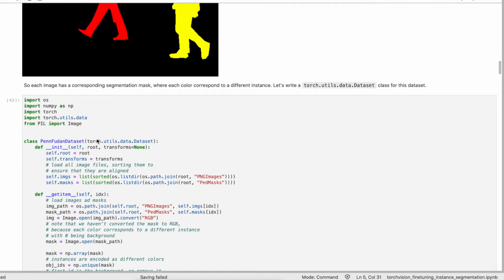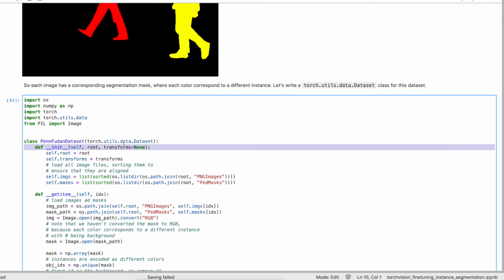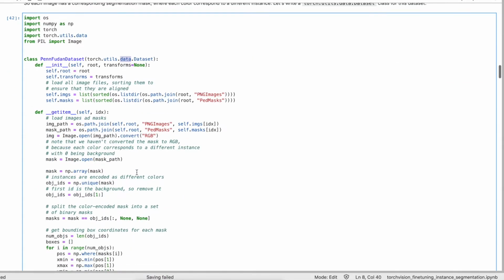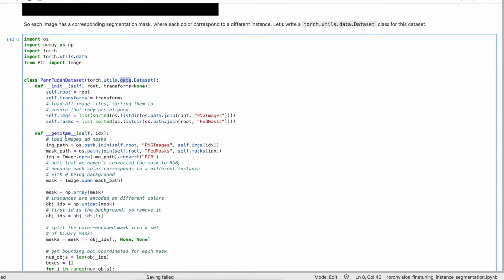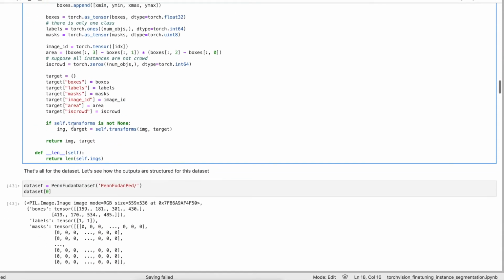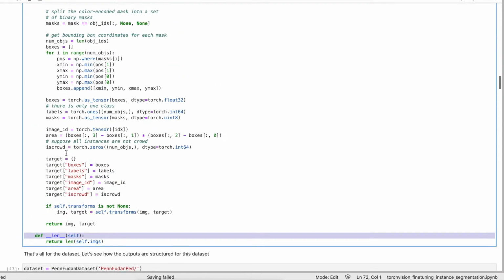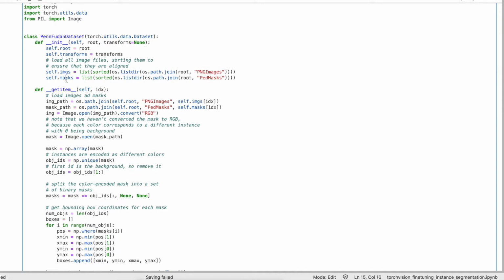For that we inherit the torch Dataset class, which is called inheritance, and we implement two functions, __getitem__ and __len__: the length of the dataset, and the item. In the item we take the image path, mask image path, image, mask, and the bounding boxes.